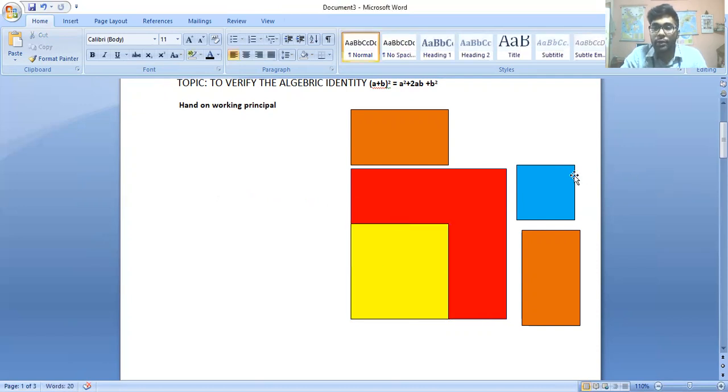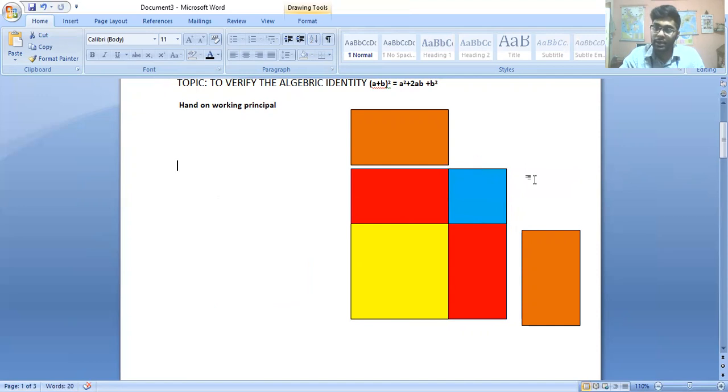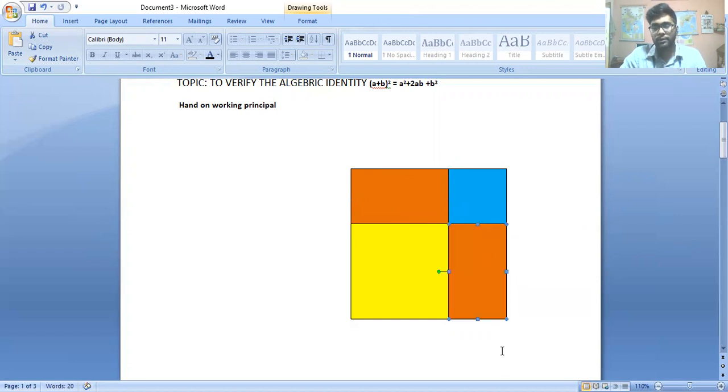Done. Similarly, you have to glue the right side of this square. The remaining three sides should be open. Okay, so then you paste it here. Clear? Similarly, in this rectangle, you glue this left side, and three sides should be open. And then you paste it here. And here also in this rectangle, you glue this right side, and these three sides should be open. So then you paste it here. Okay.